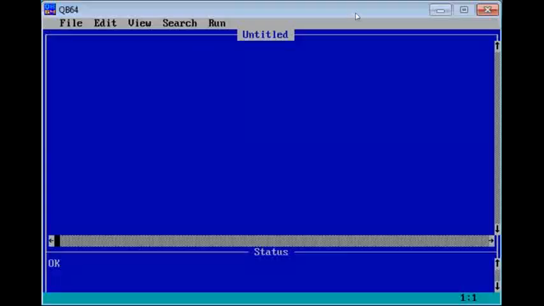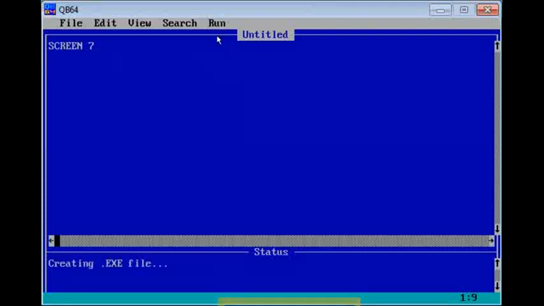Okay, so let me show you this. As you can see now in my QBasic, in this QBasic screen, by default screen is already there. So now I need to change it. I'm going to change it as screen 7. Now I have switched my screen to screen mode 7. Let's run it.